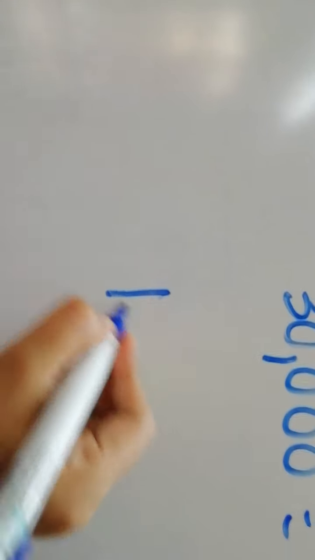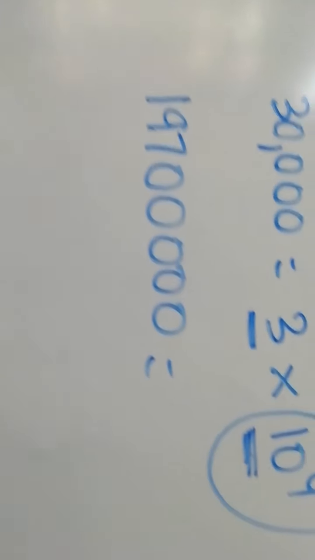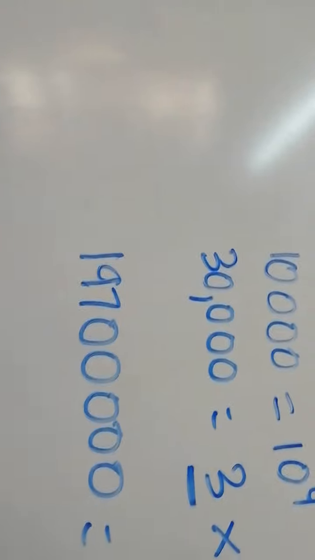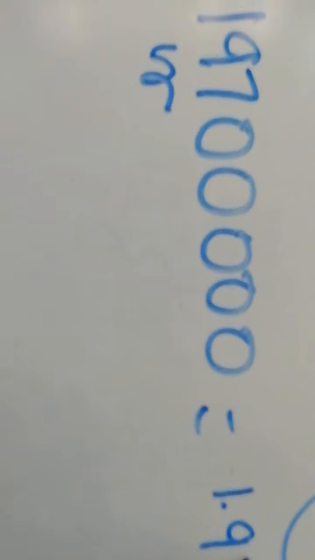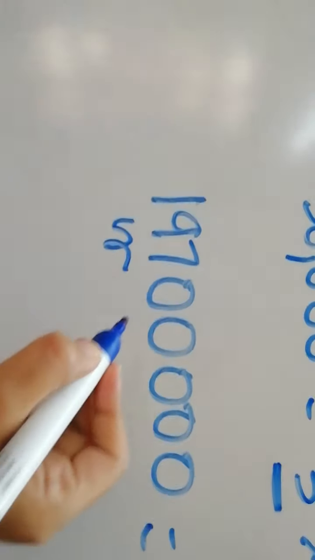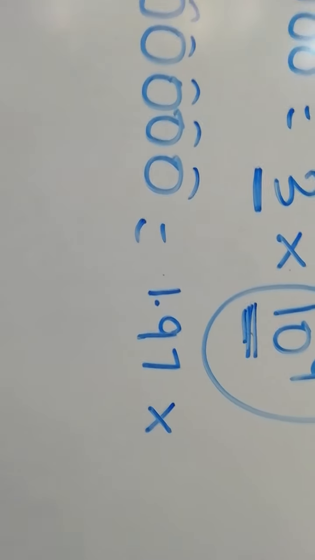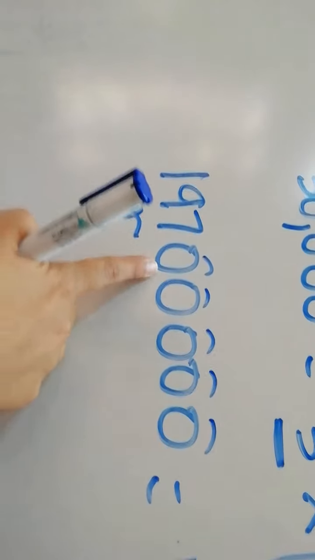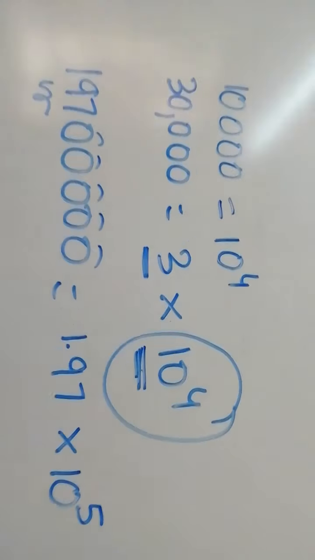Like if there is a sum like this, 197,00000, how will you convert this? As I said, first number should be a single digit number. So this is 1 followed by a decimal, as there are 2 numbers more. So followed by decimals. Okay, and then there are all zeros. So how many zeros? 1, 2, 3, 4, 5. So that in base should be in terms of 10, and power, there are 5 zeros, so power by 5. Are you all together till here? Now let's do few more concepts.